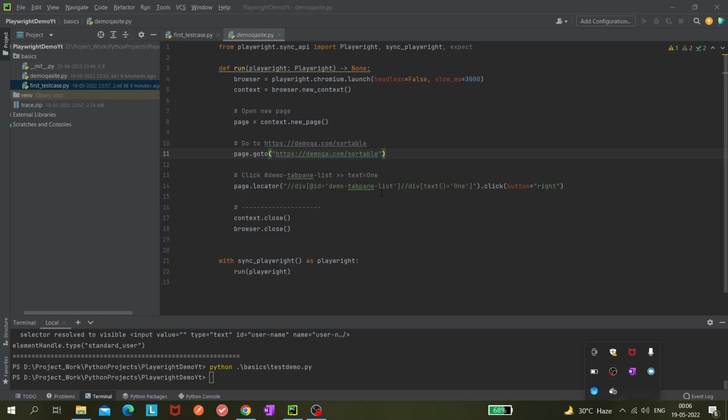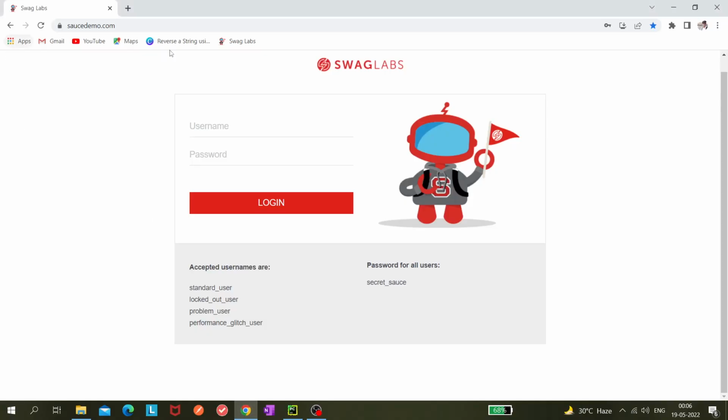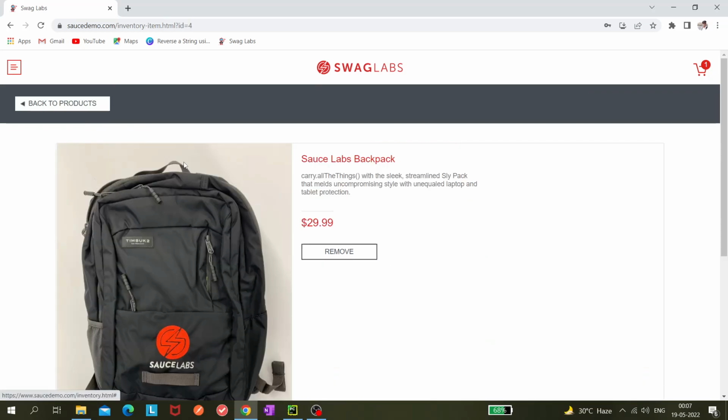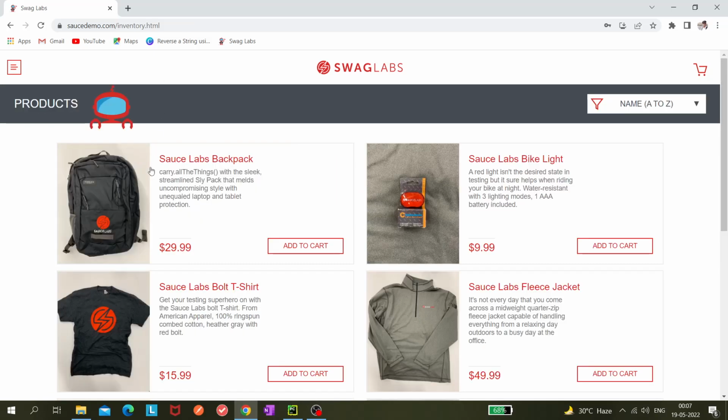So for that, we'll be using this website, saucedemo.com, and this is a very good website for automating different types of scenarios. As you can see, they have given the credentials which you can use, so no need to sign up here. Once I successfully log in, I can see this product detail page, and you can go there and see this page. Click on this remove button icon, and this will be removed, going back to the products, like that.